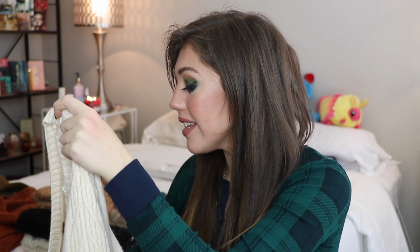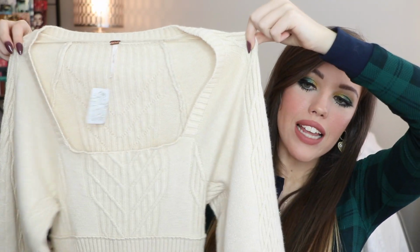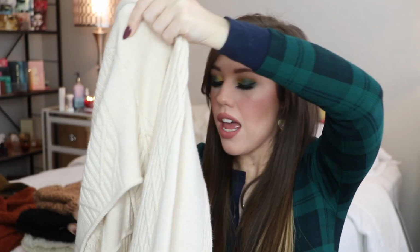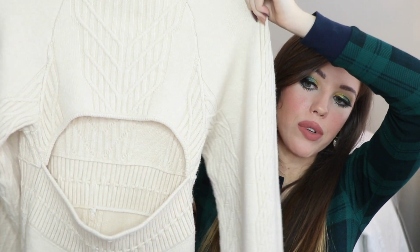I love it so much. Next up from Free People is a dress, and I actually still have the tag on these. I keep the tags on everything, I swear, but this is a dress and it's actually really nice. It is more of a sweater dress, but I will say it does fit a little weird. It's really long, but it's really, really pretty, and it has an open back right here, which makes it really